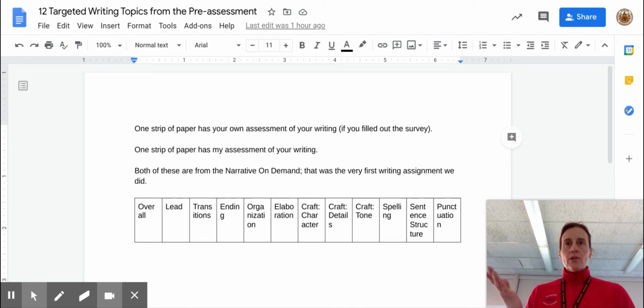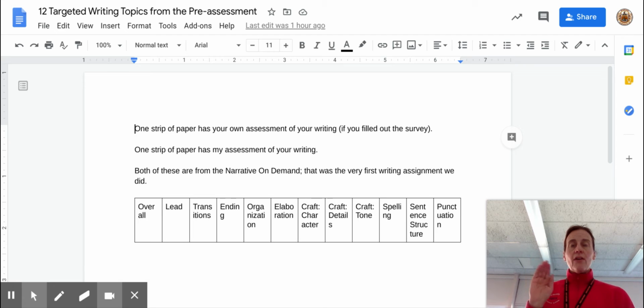Now that is super general. So you may need to go to another document that I've also posted in Google Classroom. That document is a really extensive checklist. There's 12 items and the 12 categories all line up with this document. Okay. So what you're going to have to do is basically line up your teeny strip of paper to either the 12 categories that are sitting in my classroom if you're in here on Monday, cohort A, or line it up to the screen if you're cohort B.